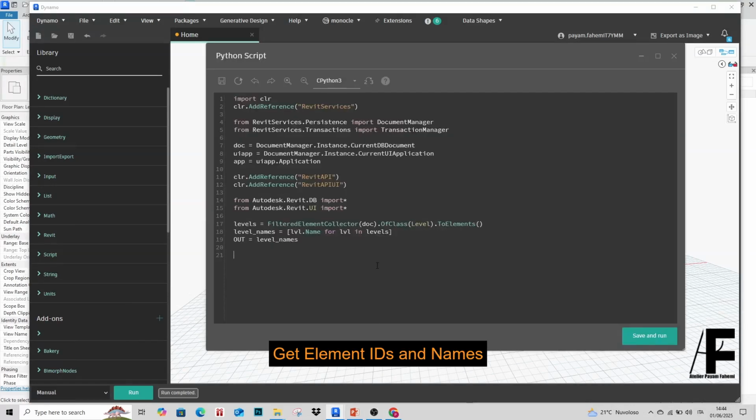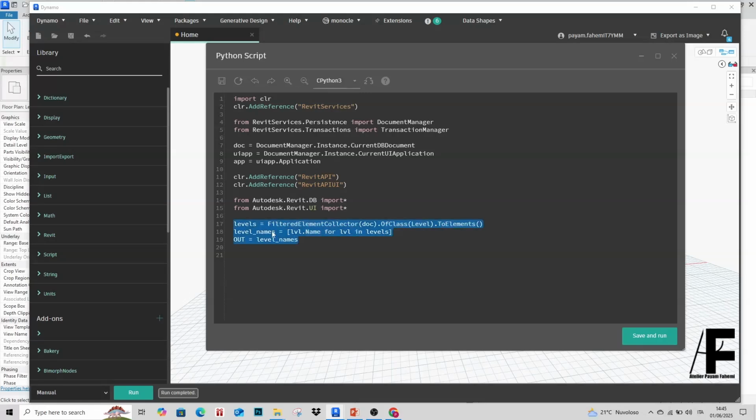Now let's get element IDs and names. This is a useful output format. We combine the element's ID and name into a readable string. This is great for debugging or exporting element lists. Now I'm going to clear this to this line and say